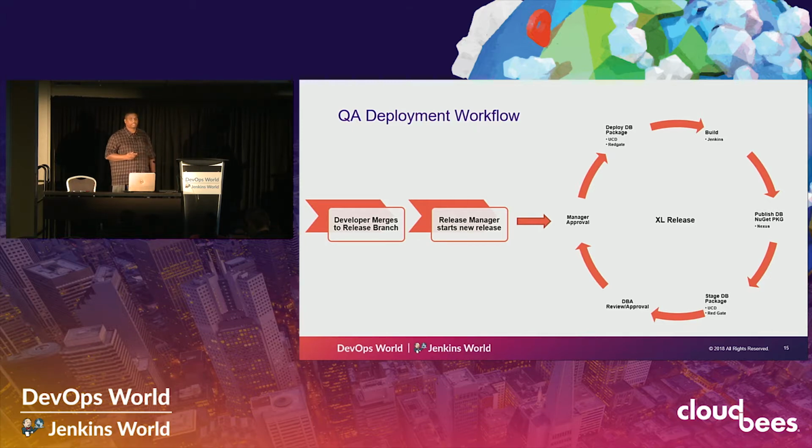That will trigger a build job that will create the database NuGet package and publish that to Nexus. But now there are some additional steps in the process. The first, for Urban Code Deploy, I have a staged database step. So Urban Code, with the help of Redgate SQL Automation and SQL Compare, will take the database NuGet package, which will be considered the source, and then it will look at the target, do a comparison, and generate an update script, and stage that on